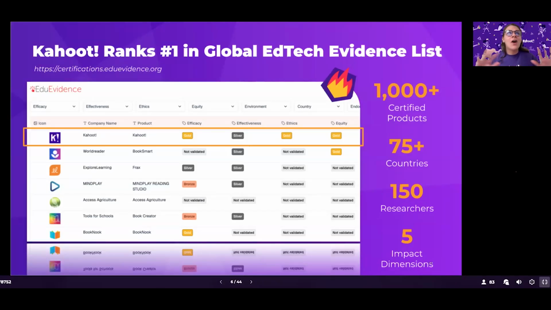We see that across global edtech rankings and lists and users, we know that Kahoot continues to be ranked #1 in terms of efficacy, effectiveness, ethics, and equity, meaning that we are really able to reach every student, every learner, and every experience in the curriculum, in a subject matter, no matter what your classroom might look like. And so hopefully in experience and in platform, that means that no matter what content, what curriculum, or what experience you might be using, Kahoot remains relevant, true, and effective in your experience.